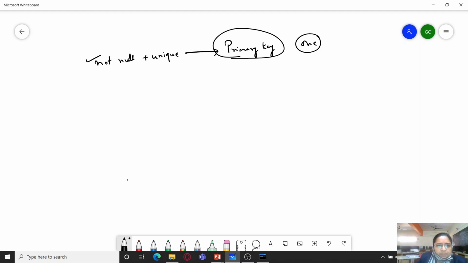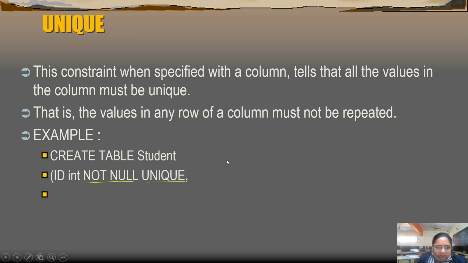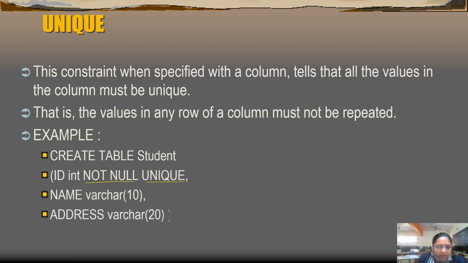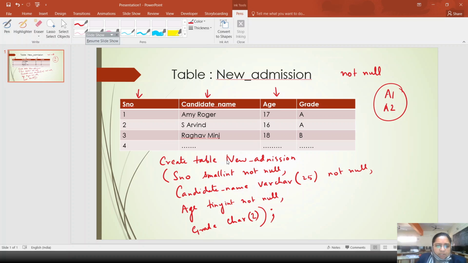Whereas not null plus unique can be applied on any number of fields in the table. We can apply these two constraints on any number of fields, whereas we can apply primary key only on one field in a table. So name, address, and so on. Here also we can apply the not null and unique constraint for serial number.